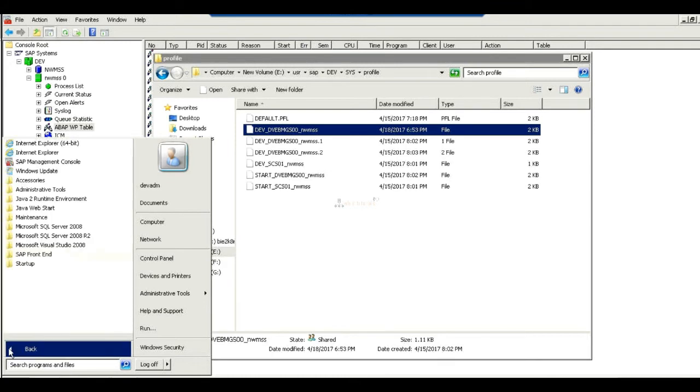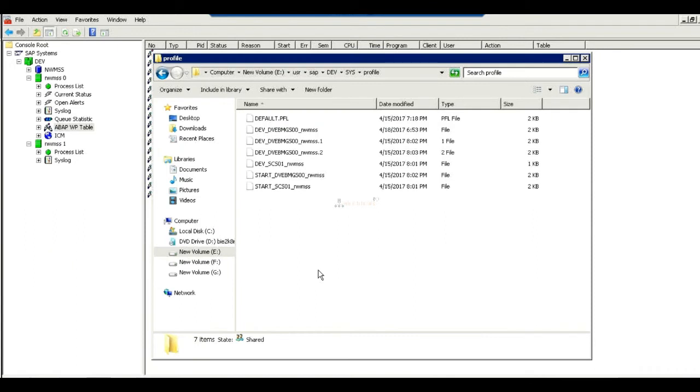Not required. You can change your profile at OS level or at SAP level. At SAP level, your SAP is up and running, right? Then only you can log into SAP and change the profile parameters.